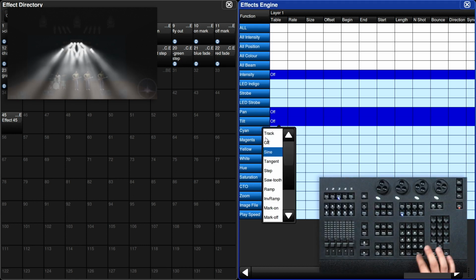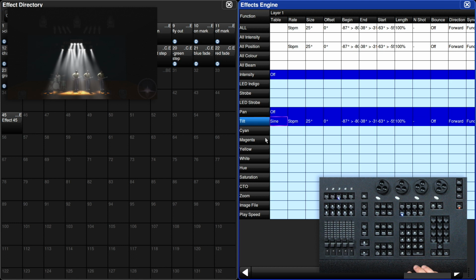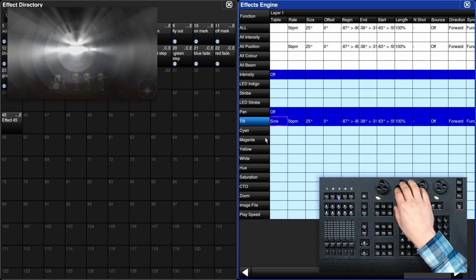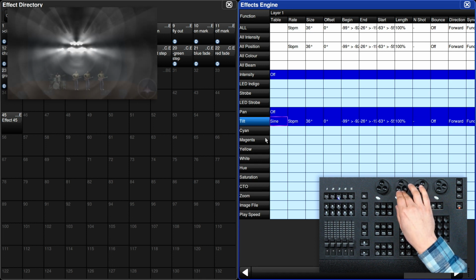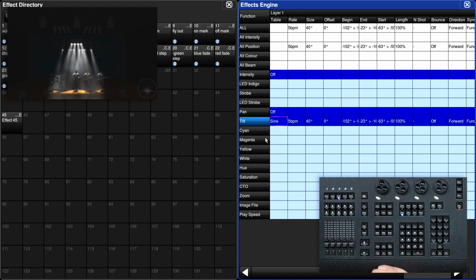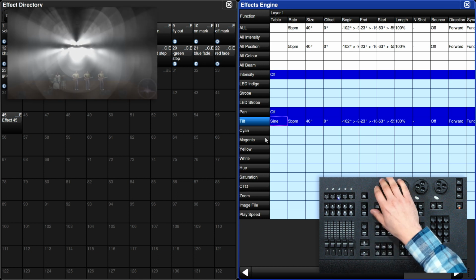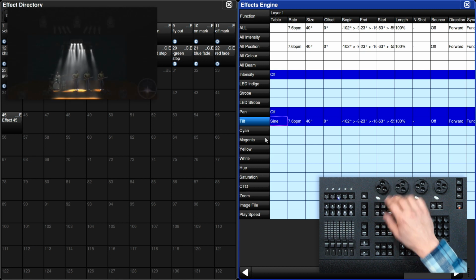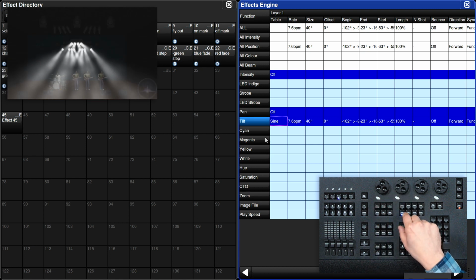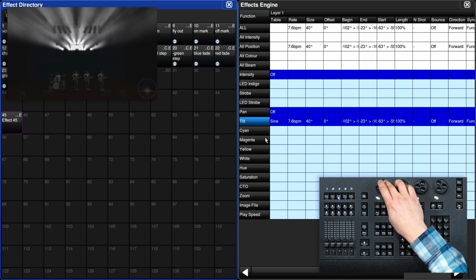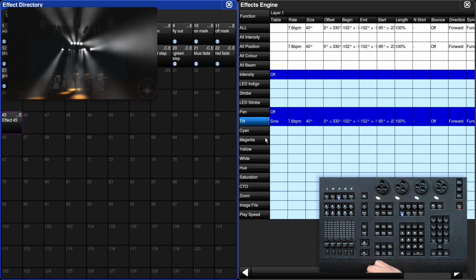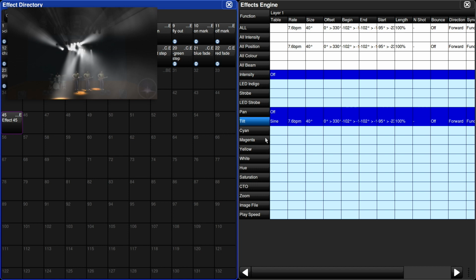I'm going to put a sine wave on tilt. There it goes. How's our size? Let's make it a little larger so it goes over our head. Give it a little bit of speed. Now let's try that spread again. That looks cool, but let's take that modification a bit further.